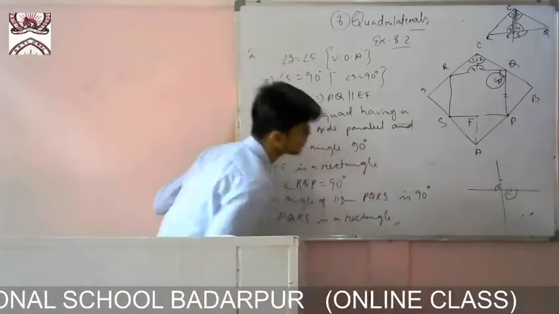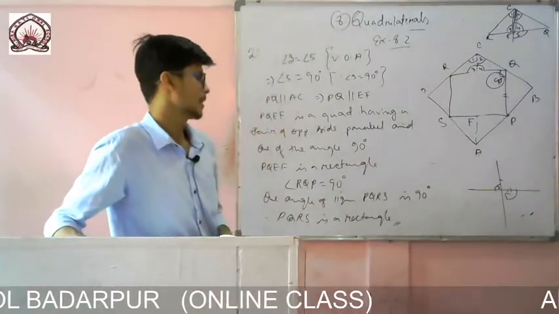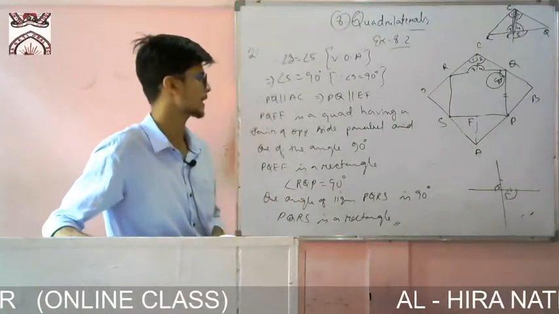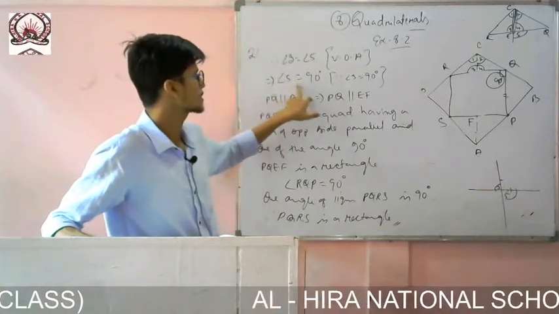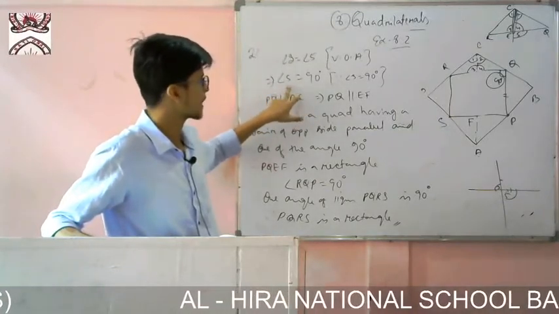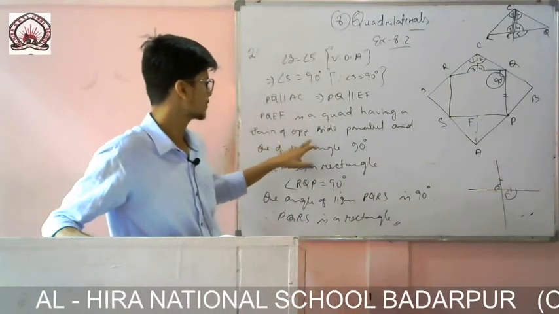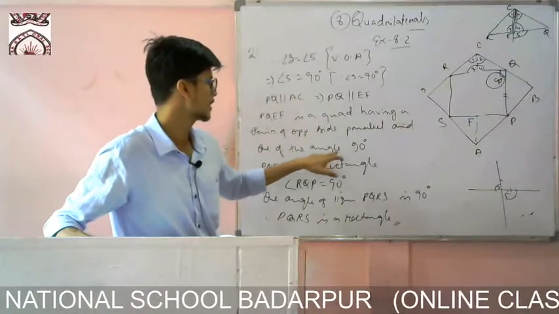What I have done, I have shown first of all it is a parallelogram, and we know that in a parallelogram, if one angle is equal to 90 degrees, then it is a rectangle. So after that I have shown up to this much, and I need this because I will use it. Angle 5 is equal to 90 degrees. I have used it here. So a pair of opposite sides are parallel, and one angle is 90 degrees. So it is a rectangle.